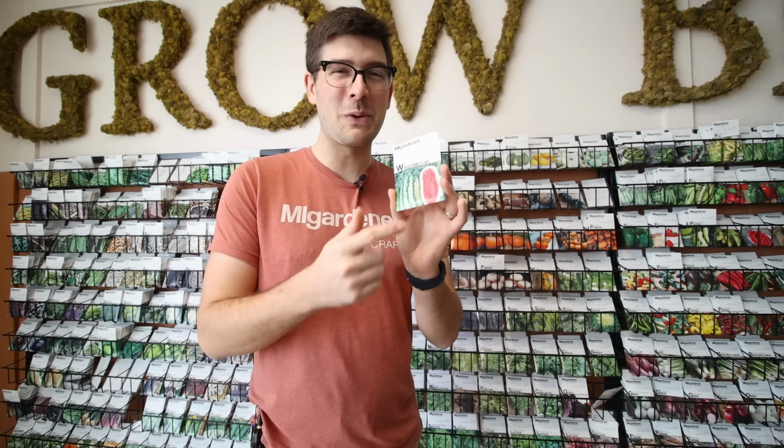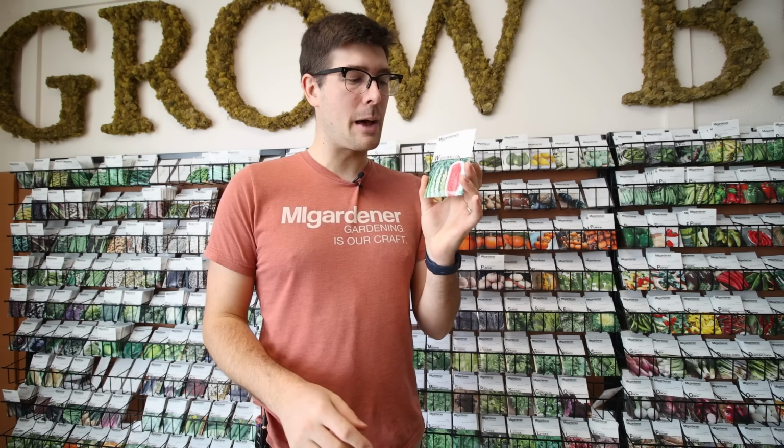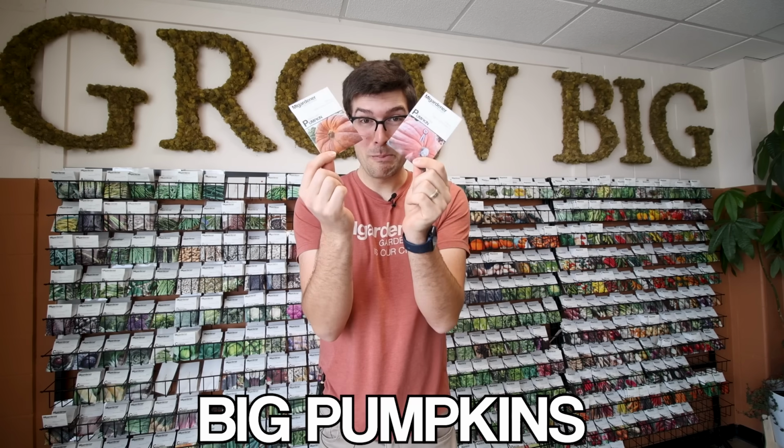So big watermelons, not all watermelons, but specifically big watermelons, is a challenge. Haven't given up on it because I have gotten one successful, but they're tough. They're super tough, but rewarding. Maybe this next one will come as a surprise to you, but big pumpkins. Big pumpkins are really tough to grow. Now, I have absolutely no problem growing pumpkins, much like I have no problem growing watermelon, but big pumpkins,